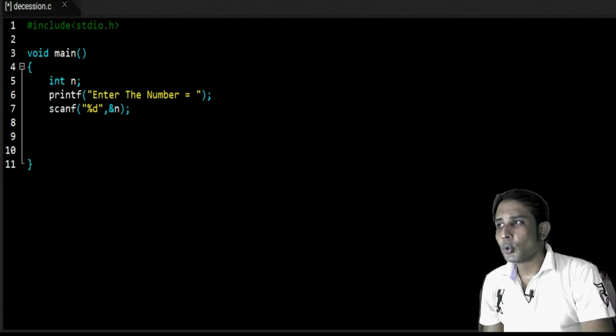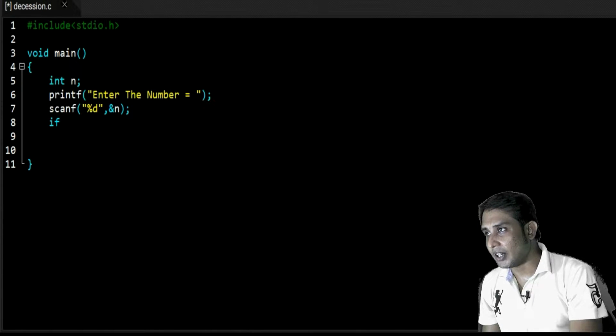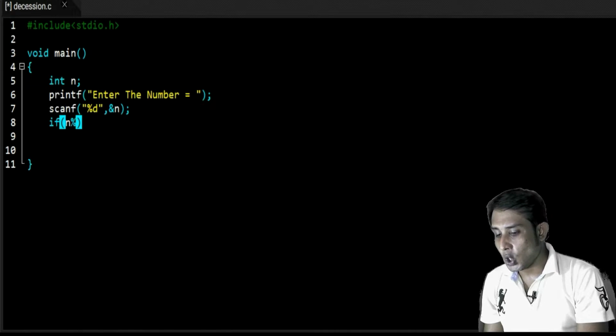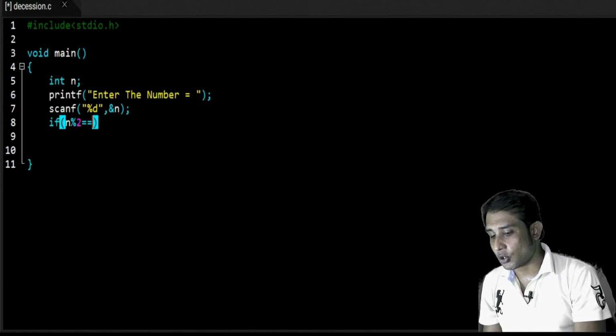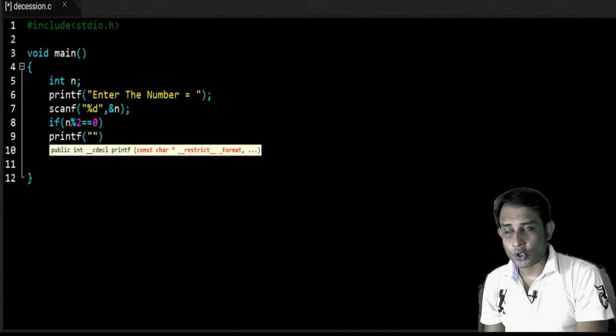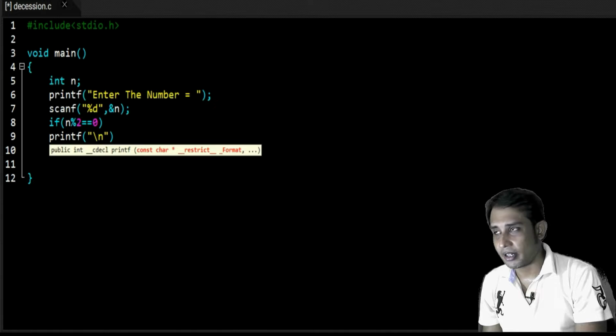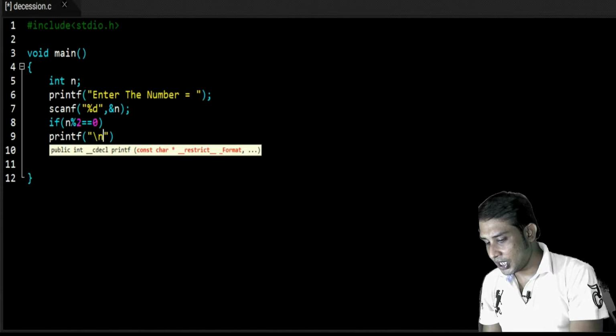If we are going to do the same operation of checking whether a number is even or odd, first we have to write if, and then within the opening brackets write the condition, that is n mod 2 is not equals to 0 for the even number. As the statement contains only one line, we can omit the opening and closing braces for this portion, and that's why I'm not giving the opening and closing braces here. And now I'm writing printf it is a even number,